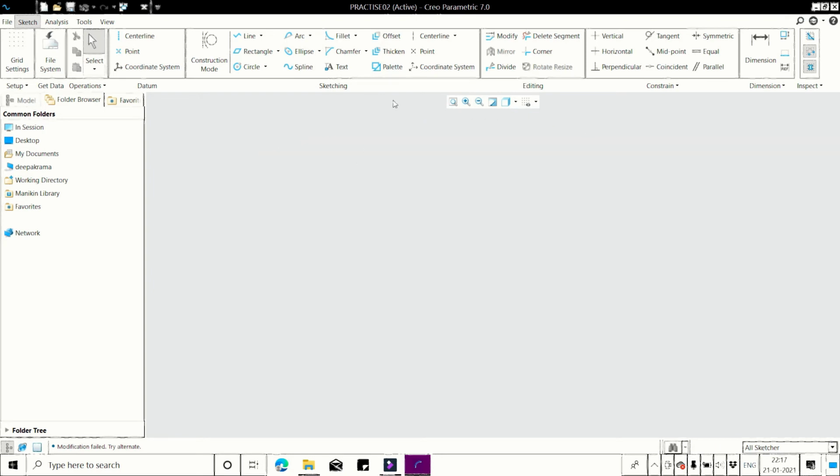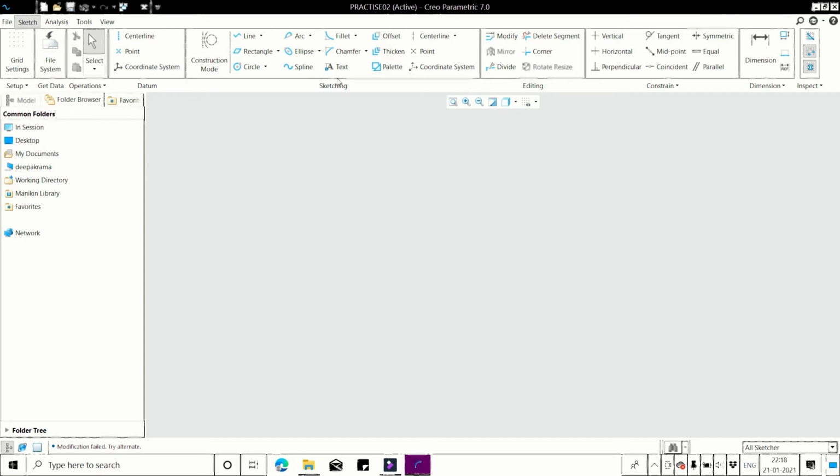Our sixth tool is the fillet. Here 4 options are there: circular fillet, circular trim fillet, elliptical fillet, elliptical trim fillet.